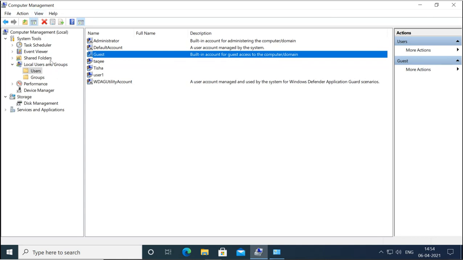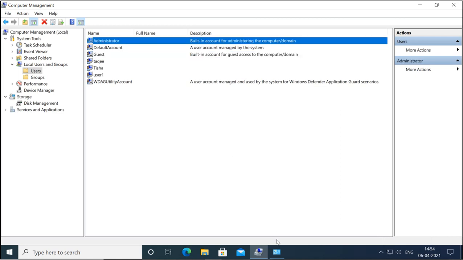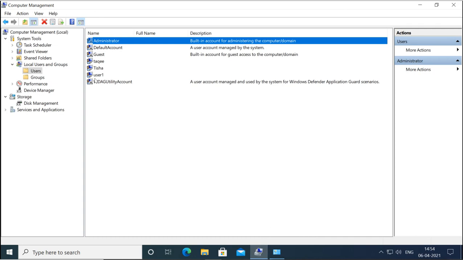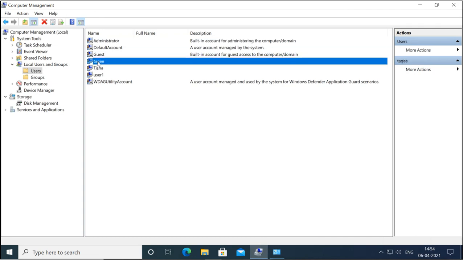Because it is disabled, it is not showing up here, not in Control Panel and not in the Settings app. When you enable that Administrator account, it will appear here and you can manage it also. So these accounts are normal accounts, but this is an administrator, and these are the system groups.